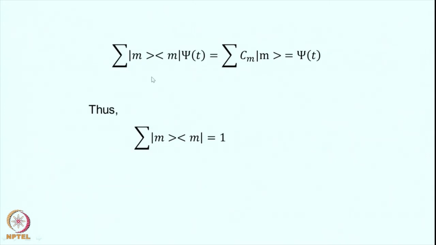Okay. So now I am taking the entire summation of all these operators, m going from 1 to n. This operator acting on psi of t gave me Cmm, and this summation is basically psi of t again. We have seen that this is in the definition. Therefore in this equation, if I take out psi of t from both sides, it simply reduces to this equation. This is the identity which we actually used earlier, and we have proved it explicitly here